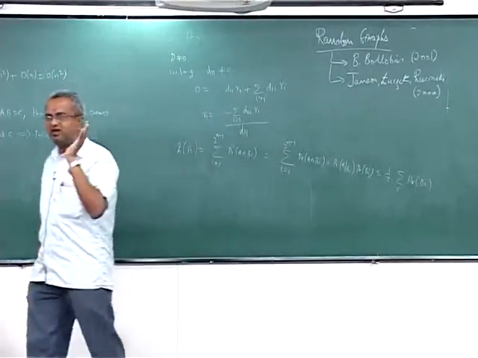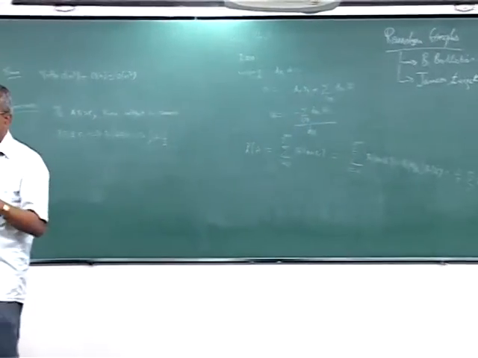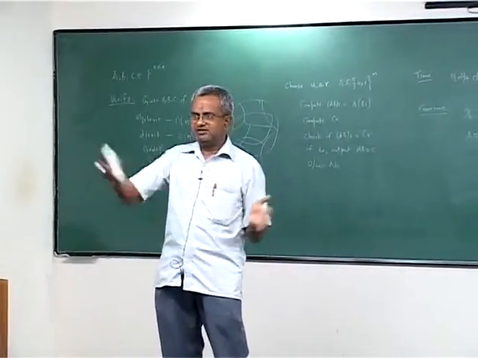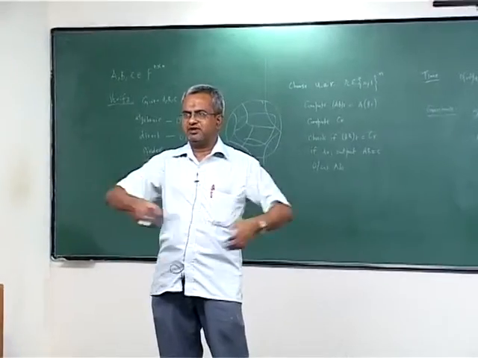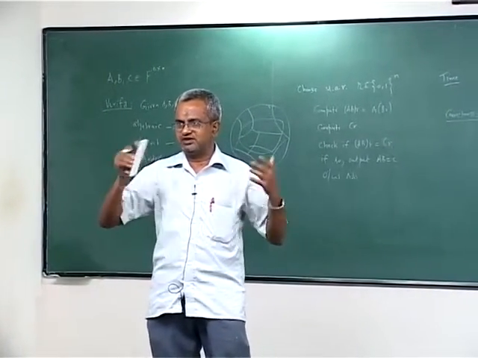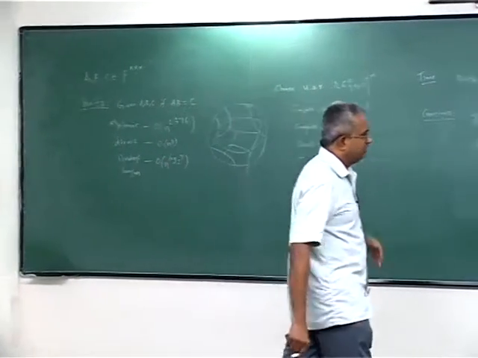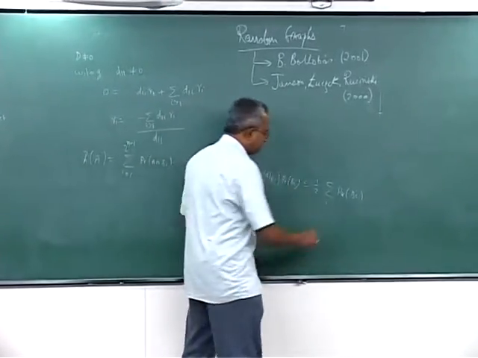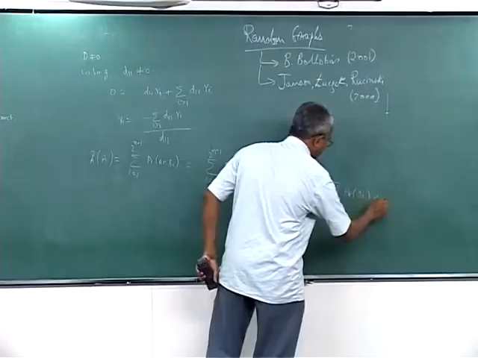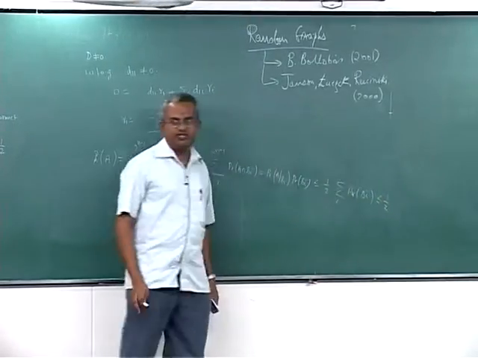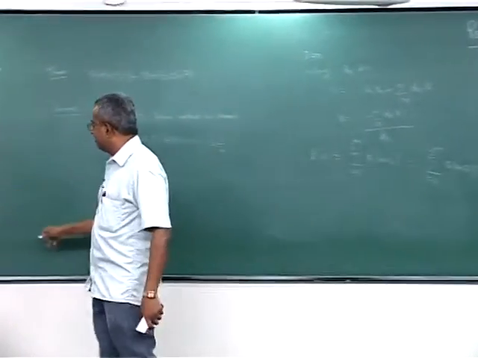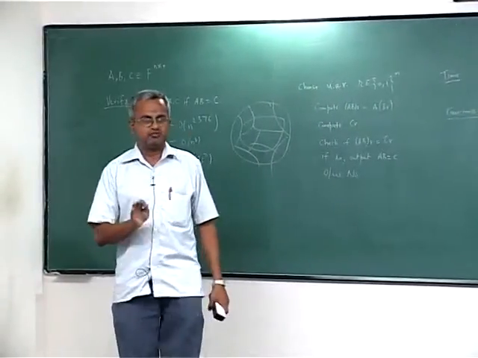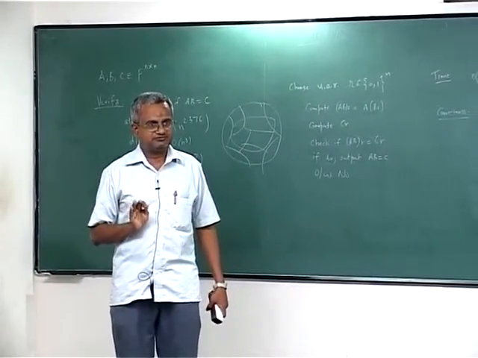once you condition all the other components, the probability of this happening is at most half, and hence you can vary the other component for all possible values. There are 2 power n minus 1 choices, and you will get this. So you get at most half, which is, we know that this is 1, so half. So the probability that ABr equals Cr, if AB happens to be not equal to C, is at most half. Is this clear?